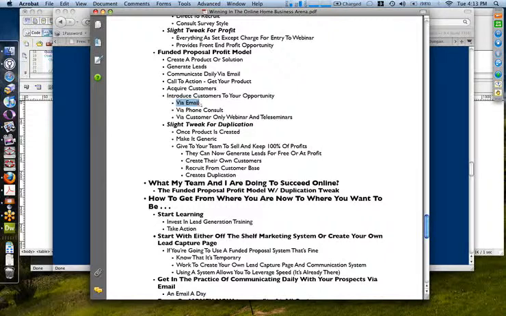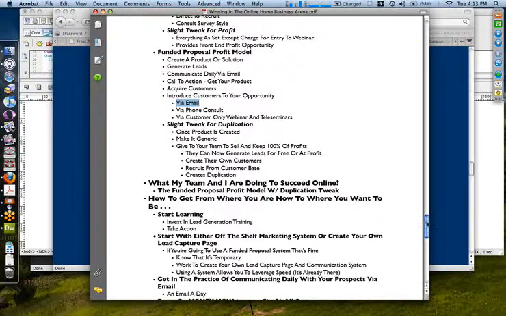You could introduce people to your opportunity via customer-only webinars and teleseminars. So you take the same model that we talked about for webinar recruiting, except you make the number of people that would come to that webinar smaller, and you hold those only for people that are customers. In my business, I do private customer webinars, and sometimes I'll do free webinars. You can do webinars in either place. That's what I want to display to you here.